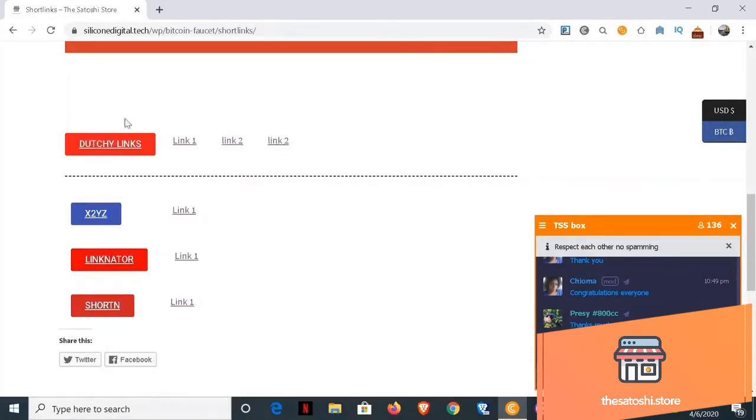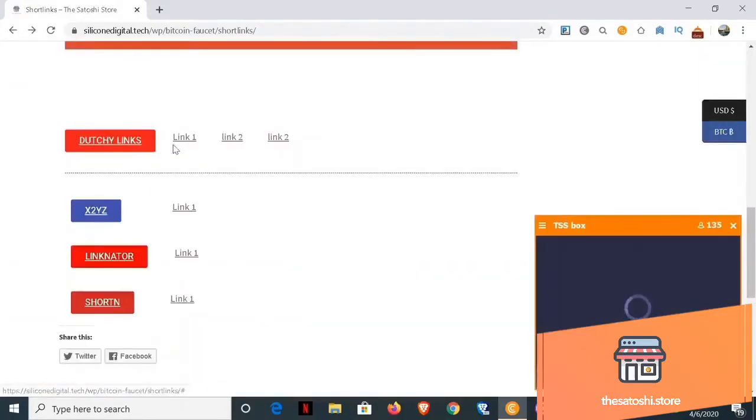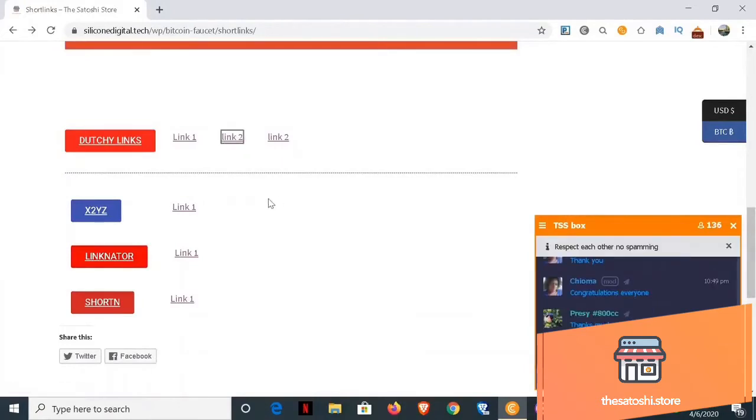Now let's show you how to solve all these 4 short links on our website. I'm going to show you the first short link right here. We are going to do one of each type. As I said, all of them mostly have the same solving procedure, but some of them are different, like this Dutchy Cop short link. Dutchy links are going to be a bit different, and I'll be showing you that right now. It has certain steps to it.